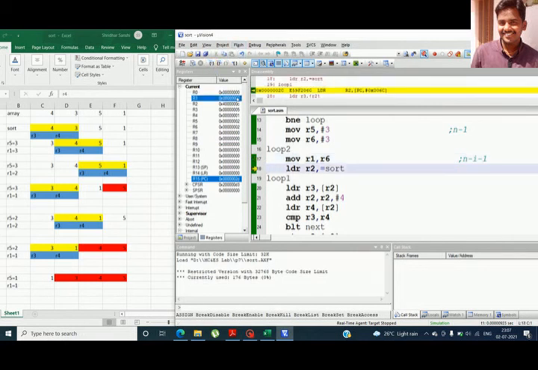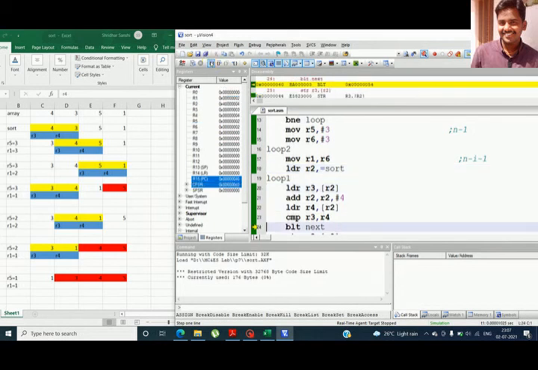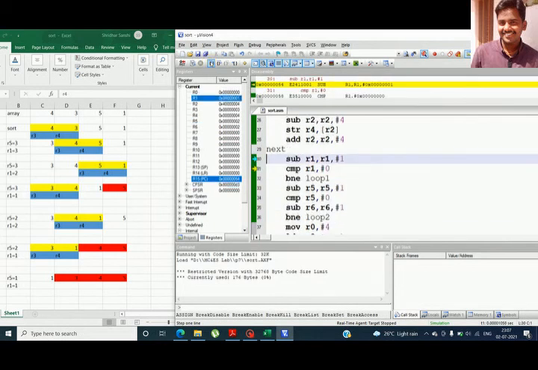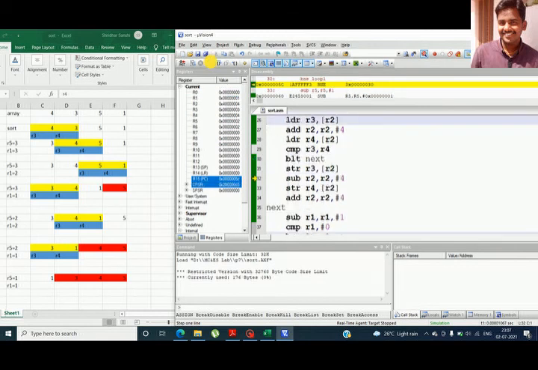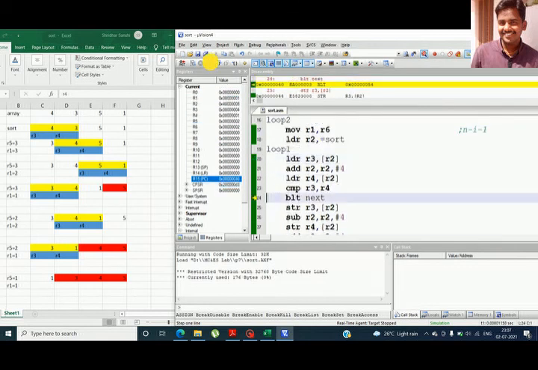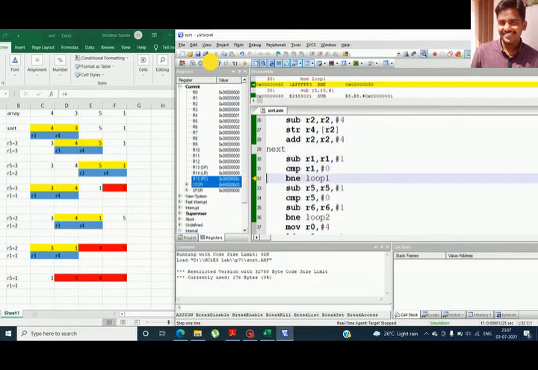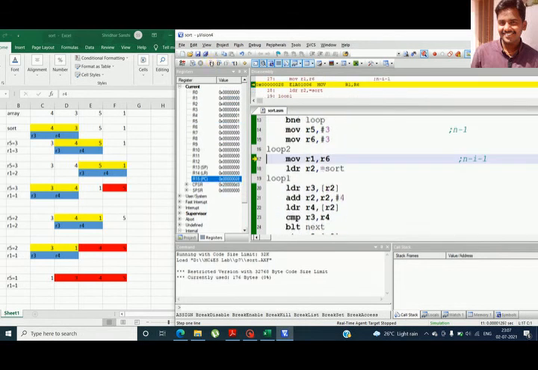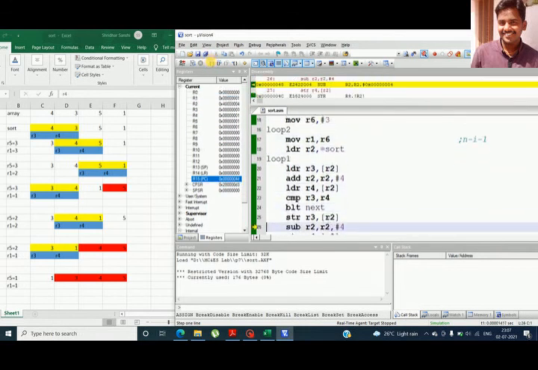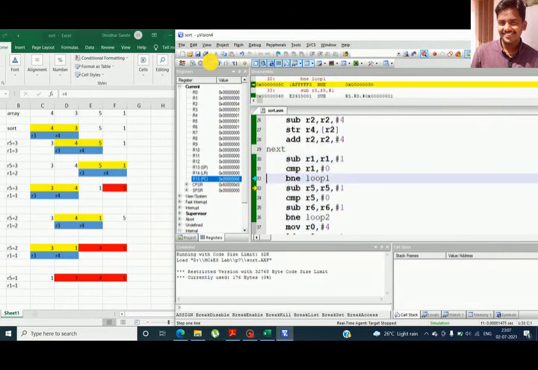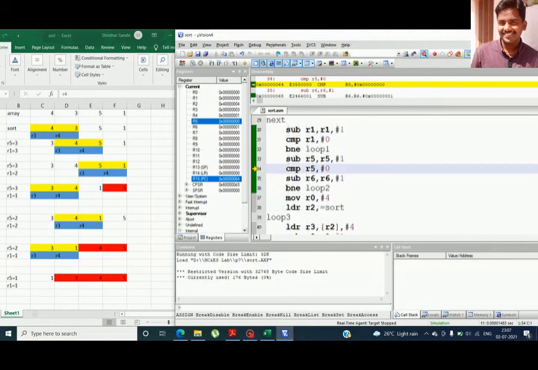Yeah, 2. This will be done until R5 becomes 0. It is 1 now. Yeah, it is 0.